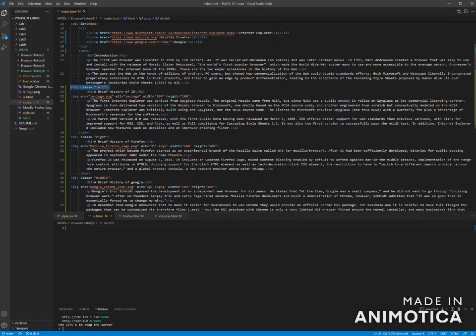And the next thing I start doing is cleaning up the index.html file,